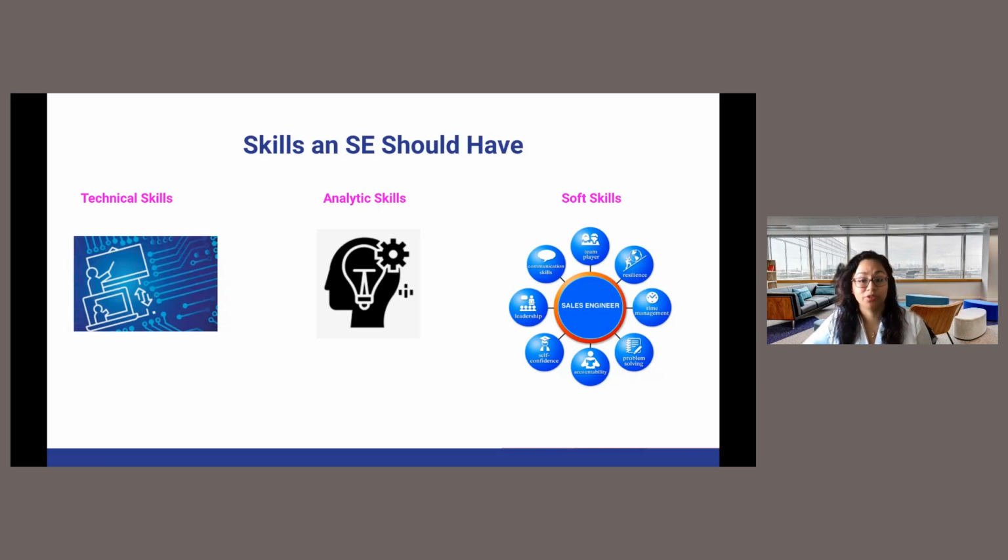SEs also must be able to exercise active listening and pay full attention while engaging with possible prospects. The sales engineer is also responsible for providing technical feedback to the customers, but also to their colleagues to ensure that projects that are architected are being architected with the correct specs and with the right timelines.